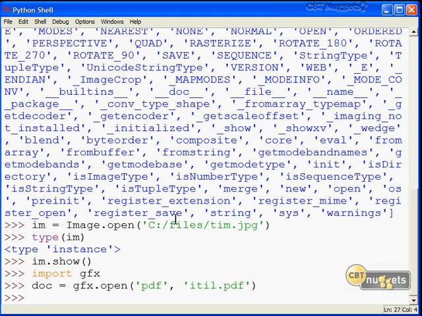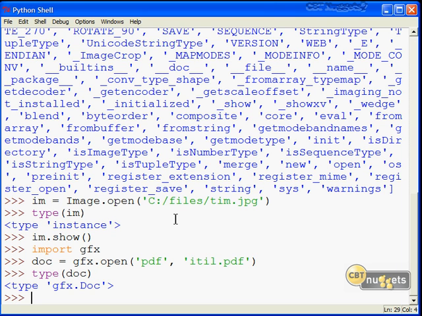If I want to get document properties from that PDF object, first let me just for grins run a type. And it looks like we've instantiated a class of doc from GFX. Now don't mind my use of the word class here. We're going to be working with object-oriented programming again later in the course. I'm assuming that you're watching these nuggets serially, one after the other.